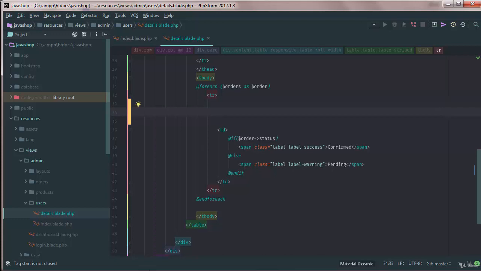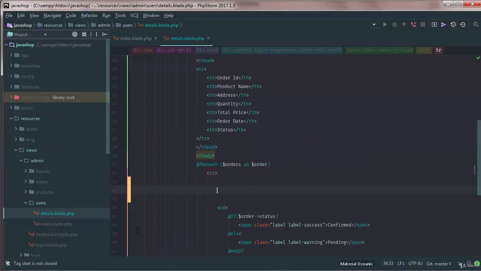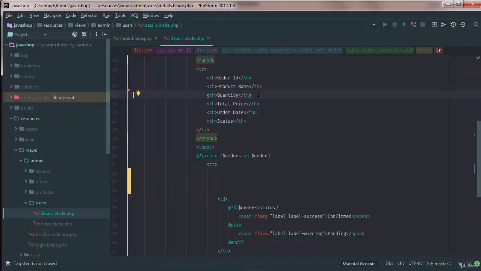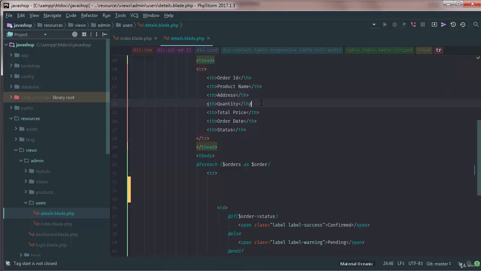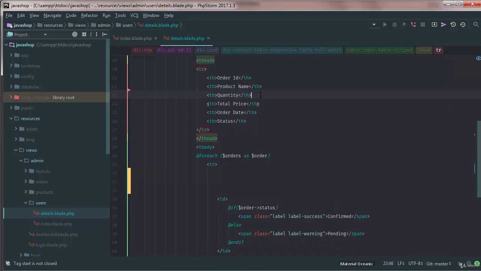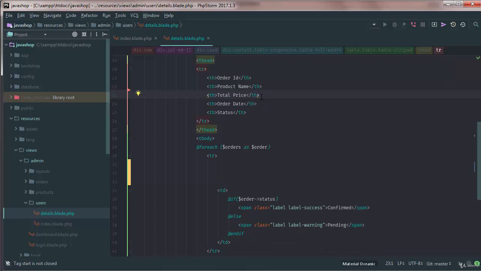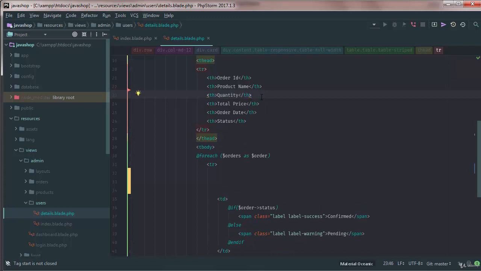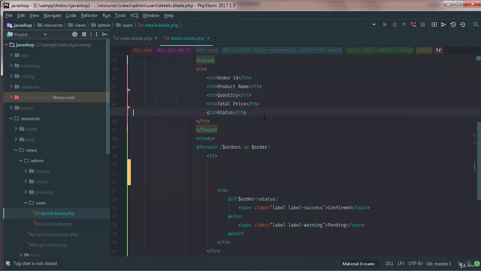Basically, we need an order ID, the product name, and we don't need the address here. Okay, let's add the address. Quantity, price, order date, status. Now let's go ahead and paste the snippets. So for order ID, we just need to say